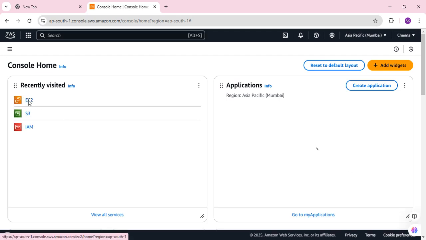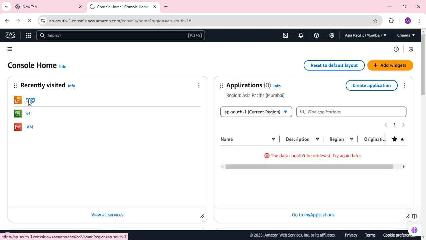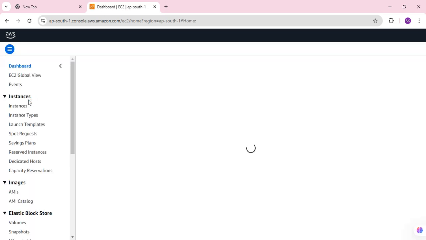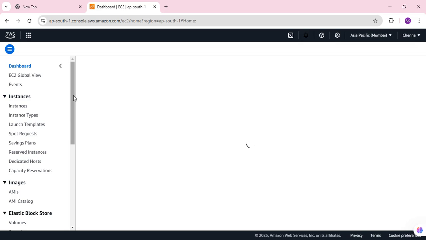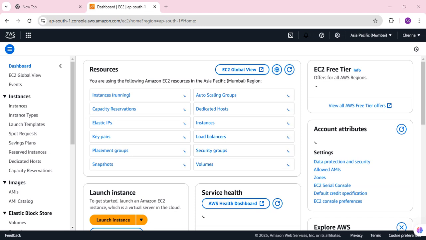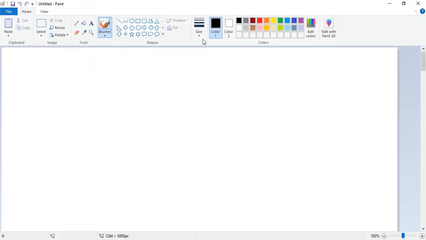So this is your console home. Click on the EC2. EC2 is nothing but your AWS instance. Instance is nothing but your server only. Before going to create a server, as we know already,